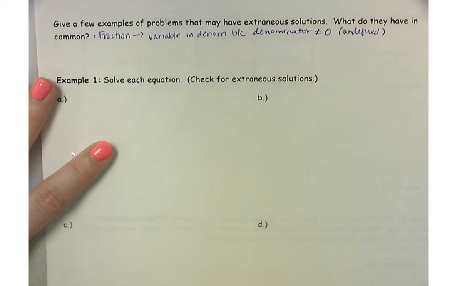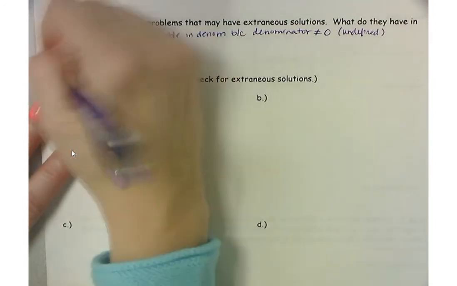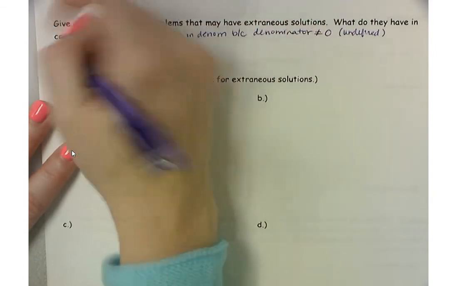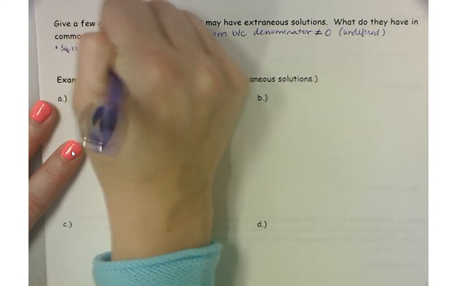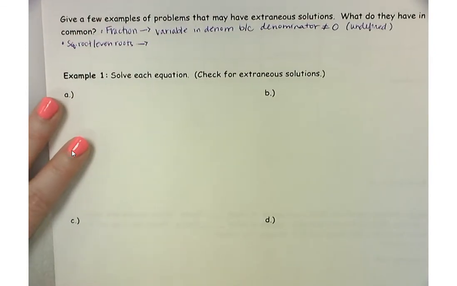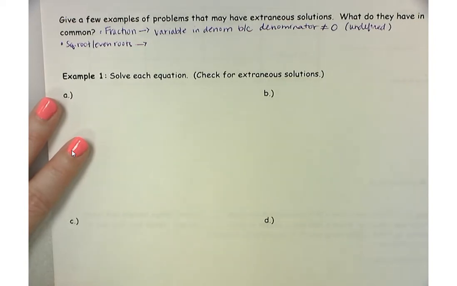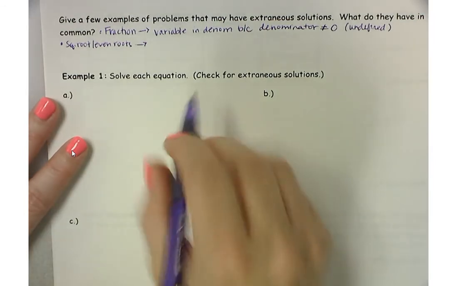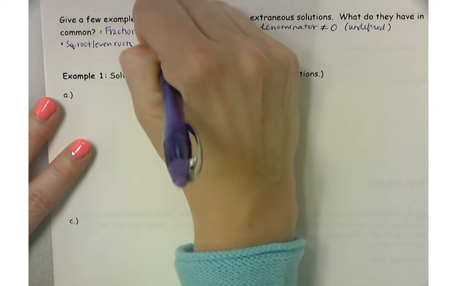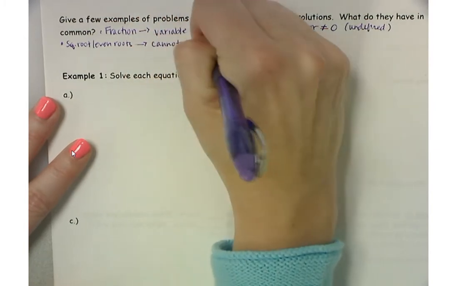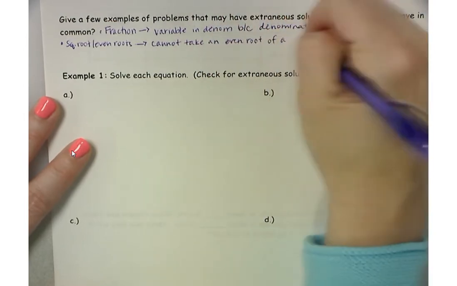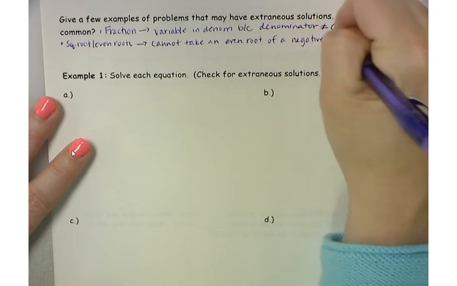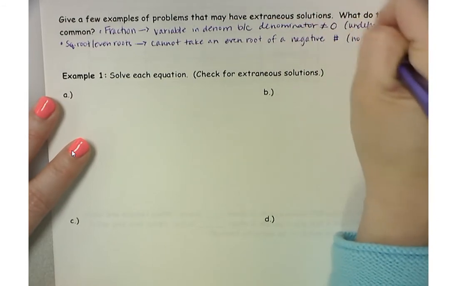And then really we've been talking about square roots, but any even root this would work for. If you have a square root, you can't take the square root of a negative number. You cannot take an even root